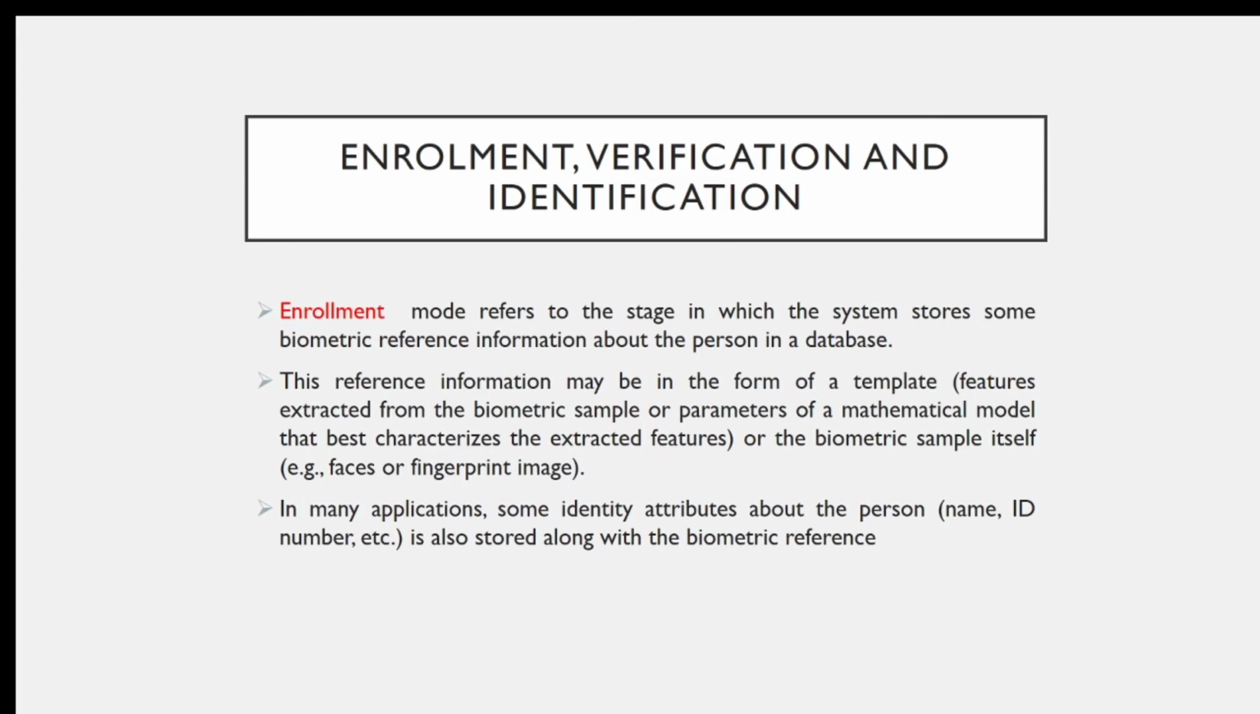Next is the technique, or how the biometric system is working. There are three main important parts: enrollment, verification, and identification. Enrollment mode refers to the stage in which the system stores some biometric reference information about the person in